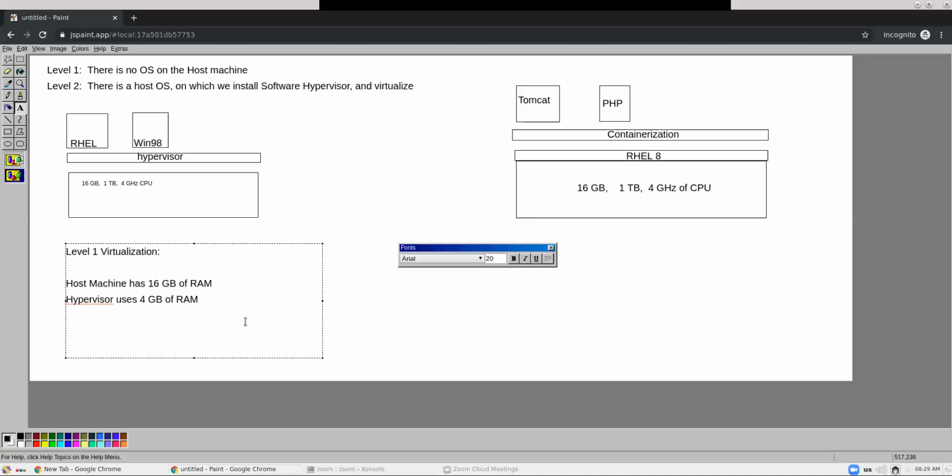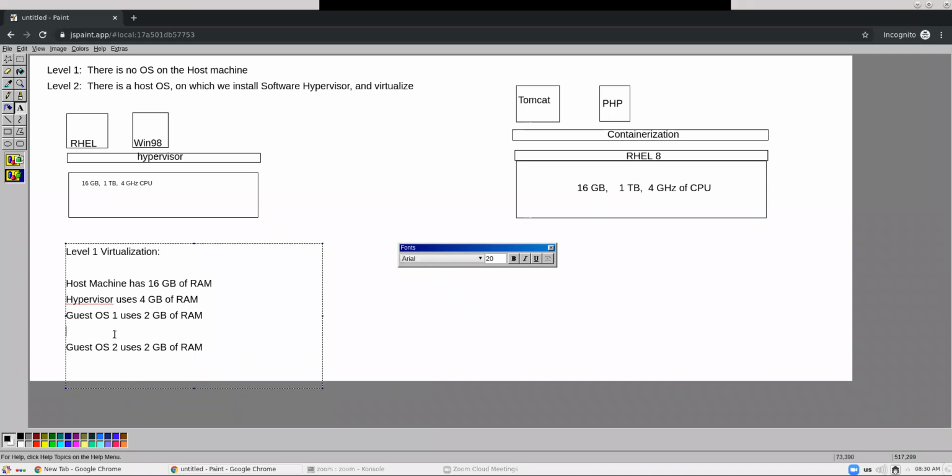So now with this 12 GB of RAM, if I want to run a deployment on this RHEL virtual machine I have written over here, so let's say the guest operating system, this RHEL, uses 2 GB of RAM. Okay. Since I have two, I'll let guest OS 1 use 2 GB of RAM and guest OS 2 also use 2 GB of RAM. Let's say. Okay. Two guest operating systems we have. Let's say all of them are using 2 GB of RAM. Apart from that, now you have, let's say,